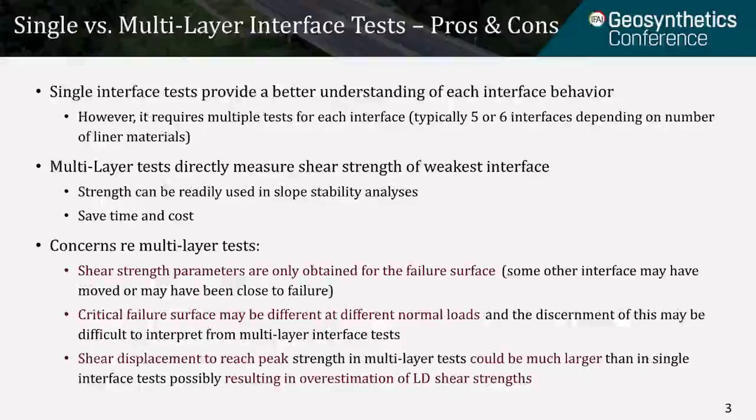What are the pros and cons of single versus multi-layer interface tests? Single interface tests provide a better understanding of each interface behavior. However, it requires multiple interface tests at each normal load. It could be as many as 5 or 6 tests depending on the number of liner materials, compared to one multi-layer test. Multi-layer tests directly measure the shear strength of the weakest interface, which can readily be used for slope stability